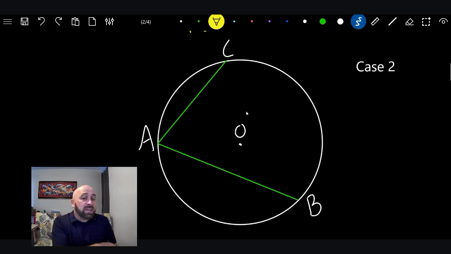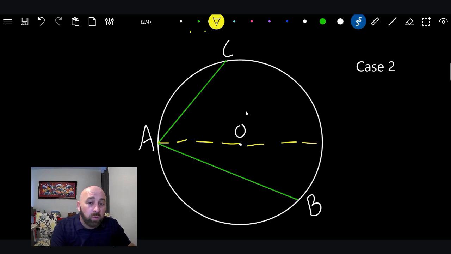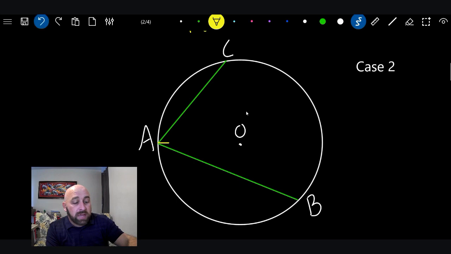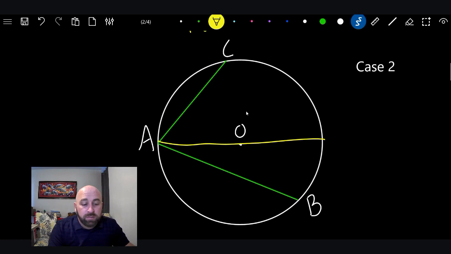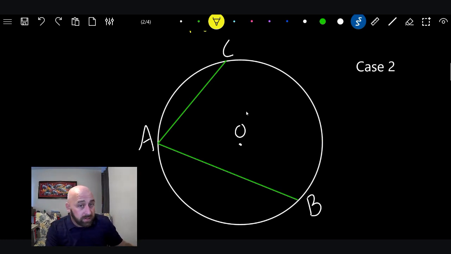Now, are the same things true about this? Yes and no. One thing is it doesn't work anymore with the whole thing because we don't have a diameter, so we don't know the 180, we don't know a lot of the different things. So a lot of the things that were true about case one won't be true about case two until you can get a diameter to go through there, until you can locate what the diameter is. Or maybe it's part of the given, or who knows, so you might have to actually do some more work connecting dots and lines and things like that. So, but we do know that this still